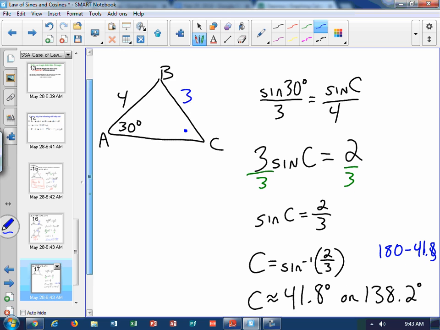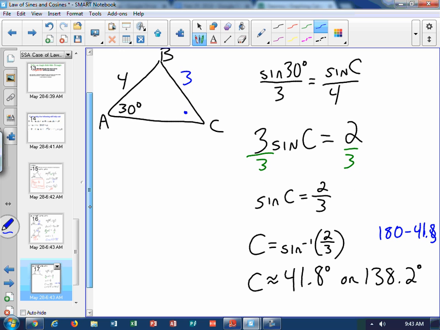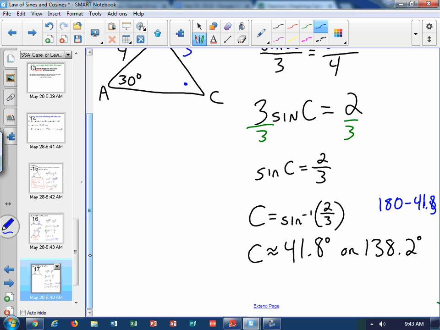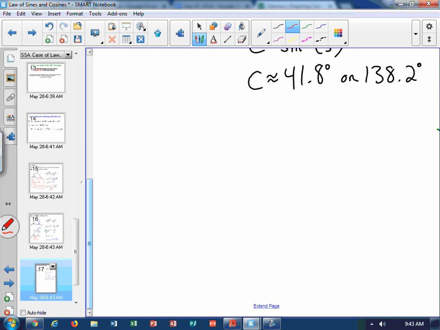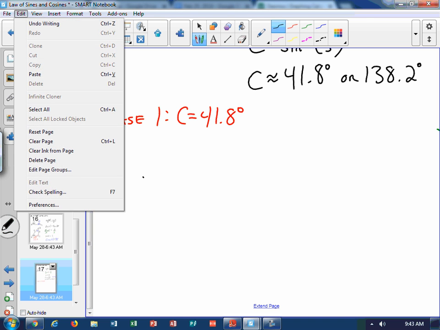So our triangle adds up to 180 degrees. Because plugging in the 2 values of C leaves us with a total less than 180 for the triangle's angles, there's actually 2 possible triangles we can draw with that given information. The first case, so case number 1, is angle C is 41.8 degrees. And if we make angle C 41.8 degrees,